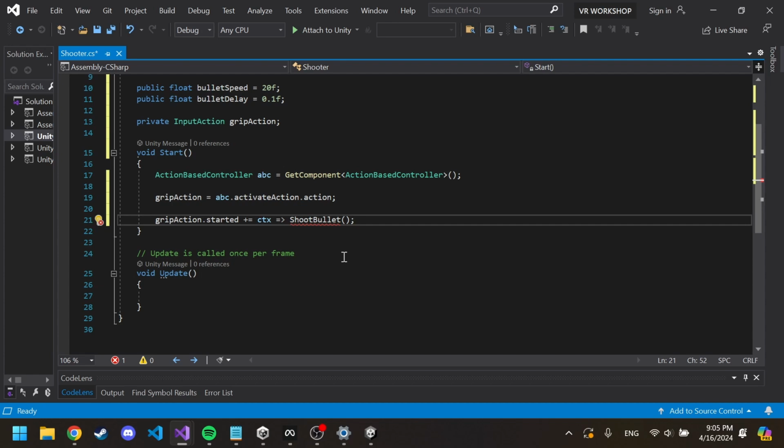That's ABC, right? Yeah, I just called it ABC. You can call it action-based controller, like anything. So this one is basically something like